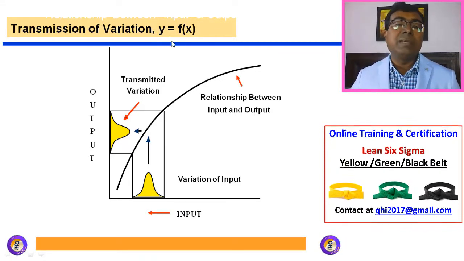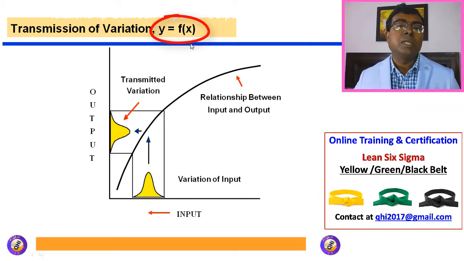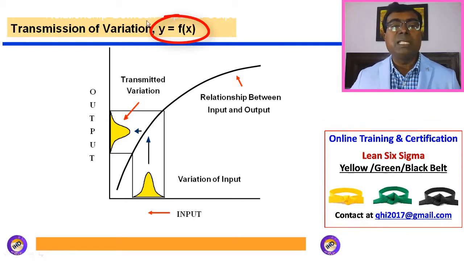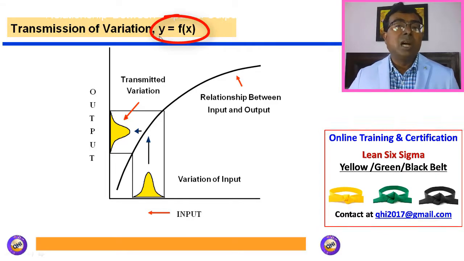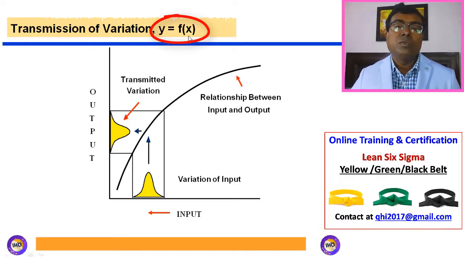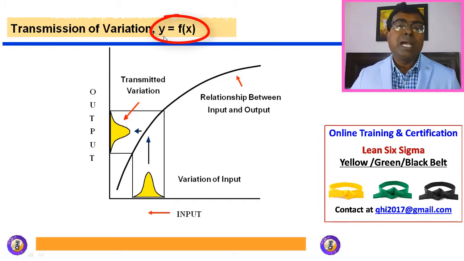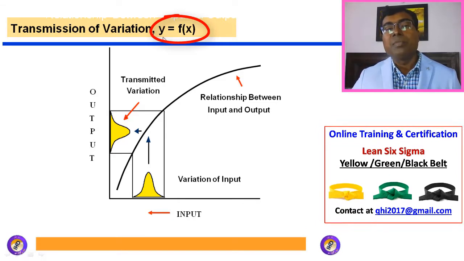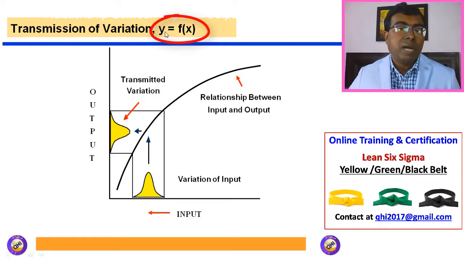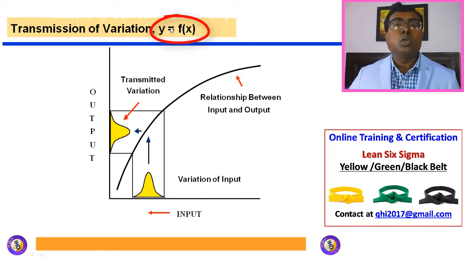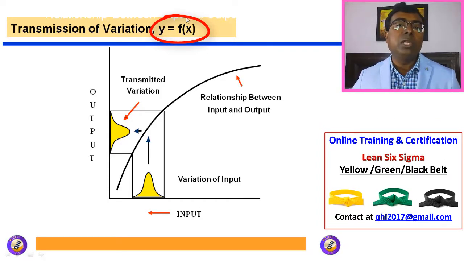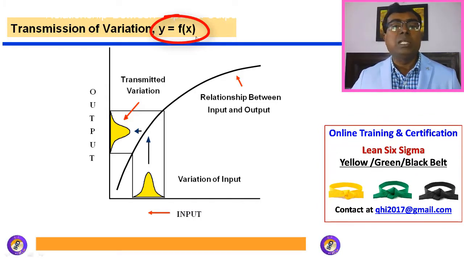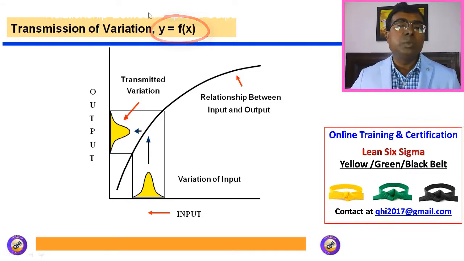And we know this formula, y is a function of x, which is quite commonly used in the process of Six Sigma. So y here is basically our output variable, which is also called dependent variable, and this output variable is dependent on x, which is called input variable. So y is a function of x. It basically means that y is the dependent variable, which is a function of your input variables. So to optimize your output variable, you need to identify the input variables and you need to control your input variables. So the more you focus on your input variables and reduce the variation in them, your output is going to be better.